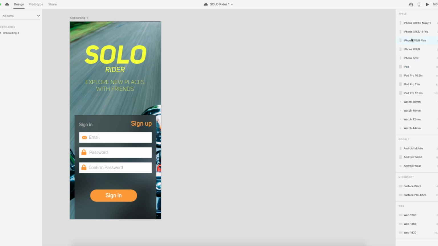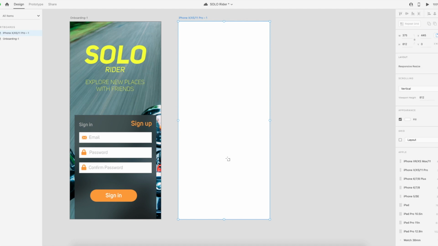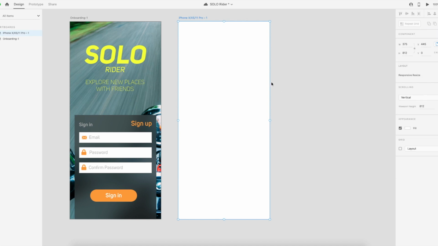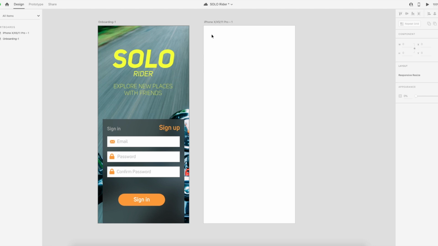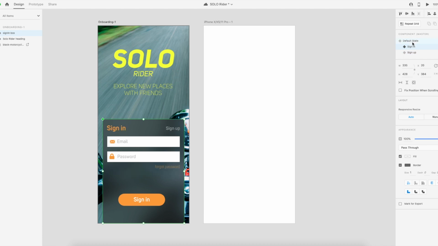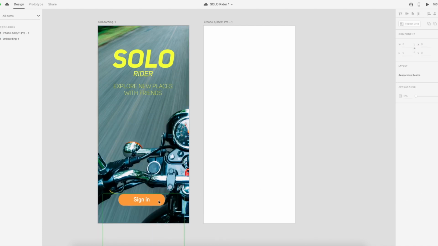Or let's create a new artboard, 11 Pro. So this will be the screen after somebody clicks sign in and when somebody enters into our app. So what I wanted to show is here,